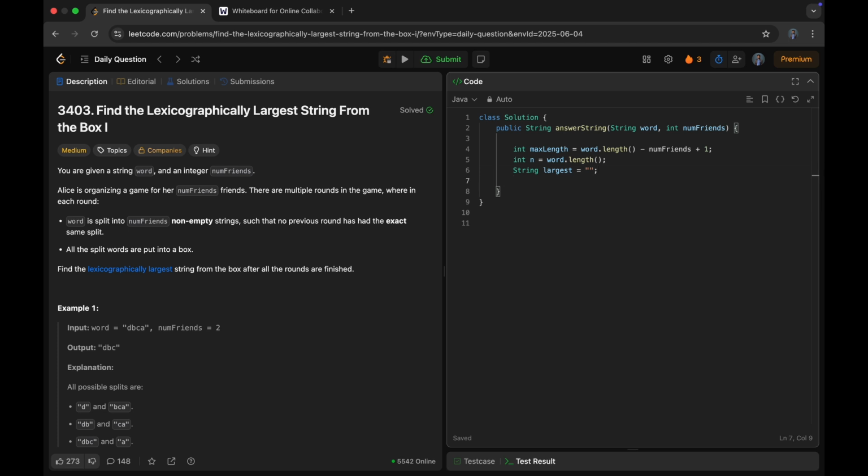Okay, now we need a for loop for int i equals 0, i smaller than n, which is the word length, and i plus plus. Now we need to calculate the substring, so we need another string to store it. String, we name it sub, is equal to word.substring. Substring is an inbuilt string function we are using right now, and it would be i plus